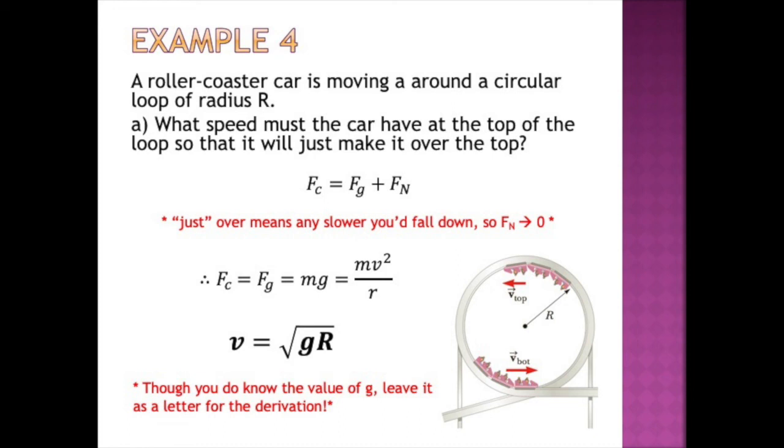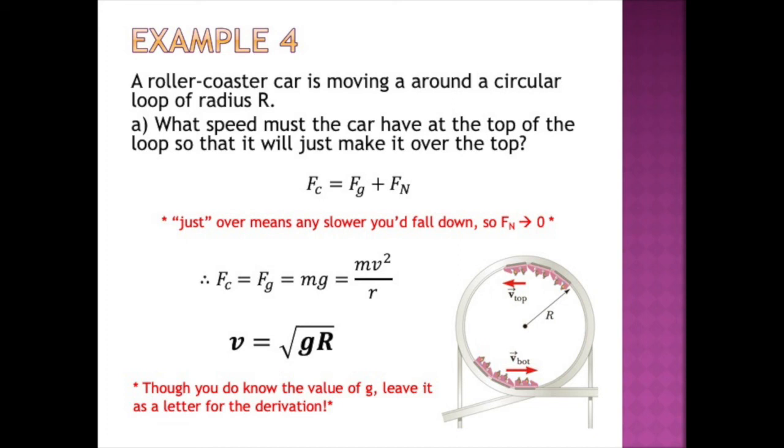If you went any slower than that, you either wouldn't be able to do the complete loop, or you would fall out of the car because there wouldn't be enough of this motion to keep your body in the car. And so when we have this, we have an equation for speed, which is v is equal to the square root of gr. This is a classic equation that you're going to have to derive given the scenario of a roller coaster. Don't always assume that it's going to be something that's just getting over the top, because it may be a question like what we just had with the ball and the string. But if it is just going over the top, this is the equation that we could use in order to